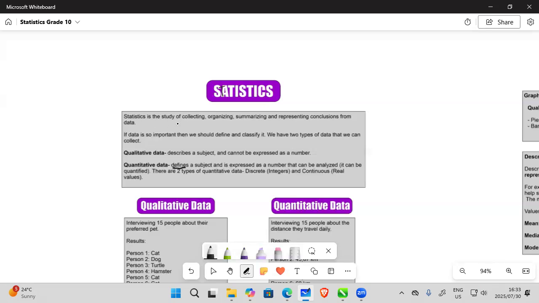So statistics is a study of collecting, organizing, summarizing, and representing data. So if you have someone going out and surveying a group of people, that would be an example of collecting data, right? But then we need to take all of this chaotic piece of information and organize it in a way that we can extract useful insight from it. So that's where we talk about organizing. Summarizing would basically be drawing conclusions from that organized data,